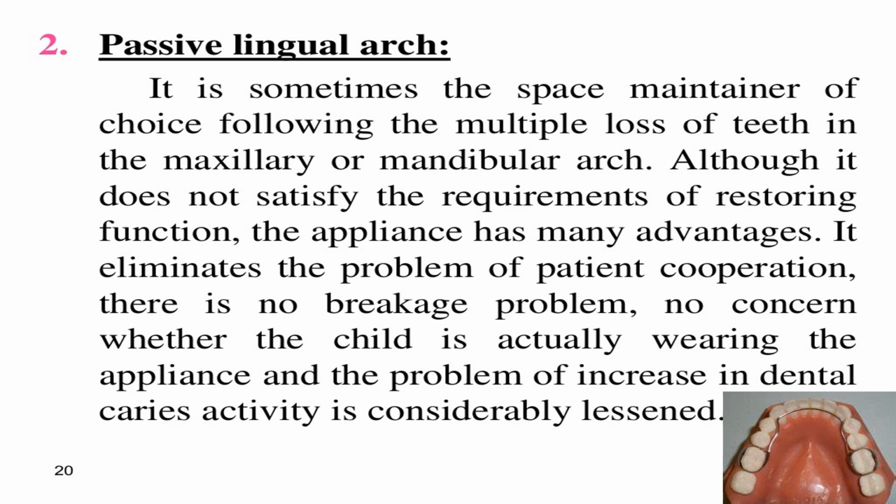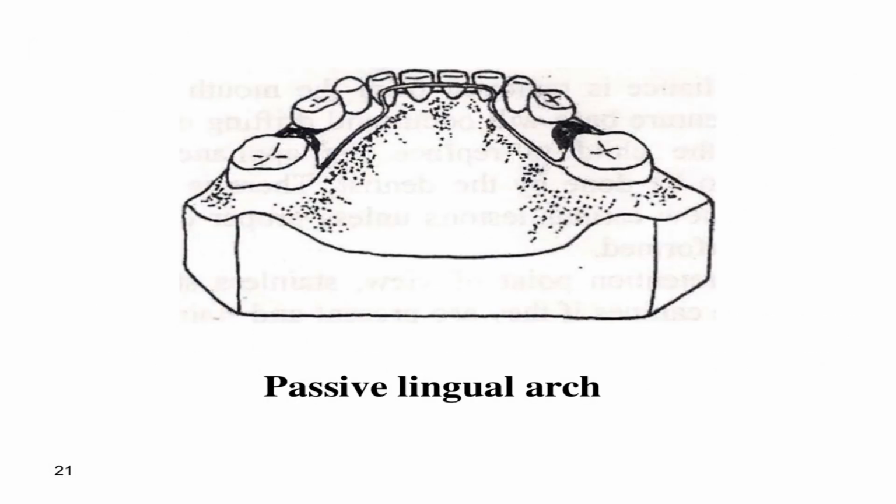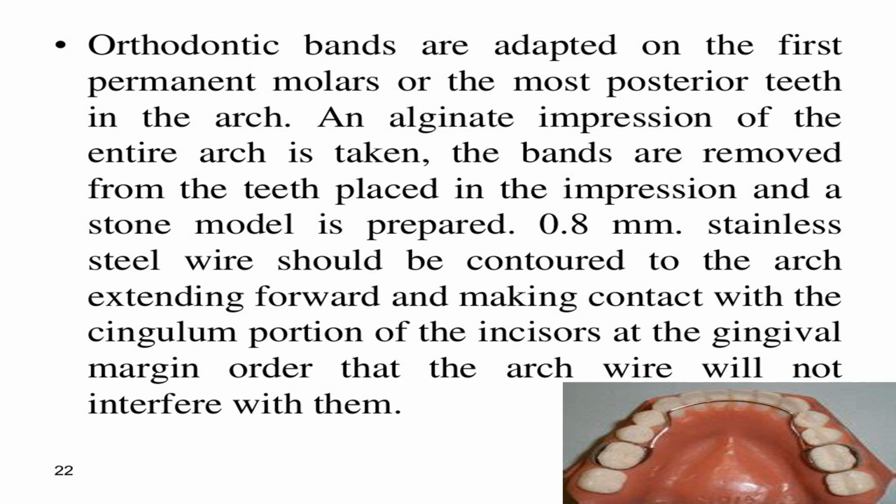Passive lingual arch. Orthodontic bands are adapted on the first permanent molars or the most posterior teeth in the arch. An alginate impression of the entire arch is taken, the bands are removed from the teeth and placed in the impression, and a stone model is prepared. 0.8 mm stainless steel wire should be contoured to the arch, extending forward and making contact with the cingulum portion of the incisors at the gingival margin,